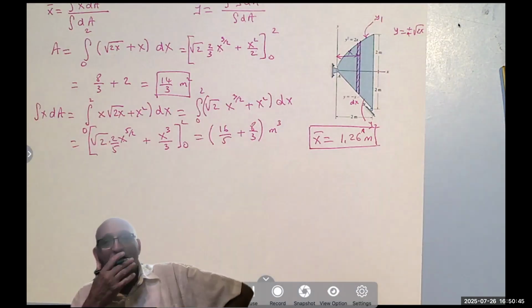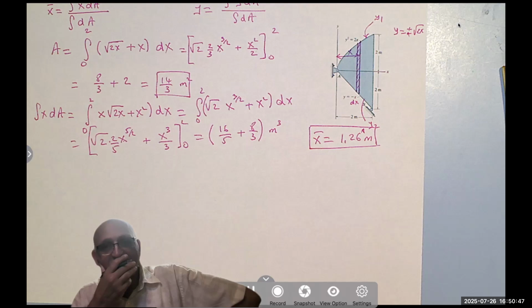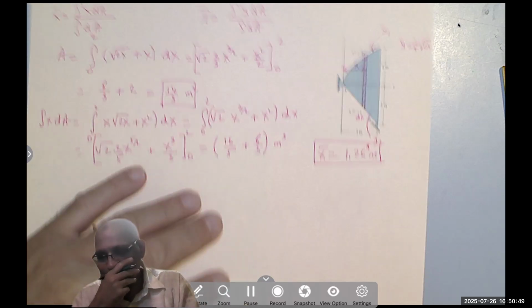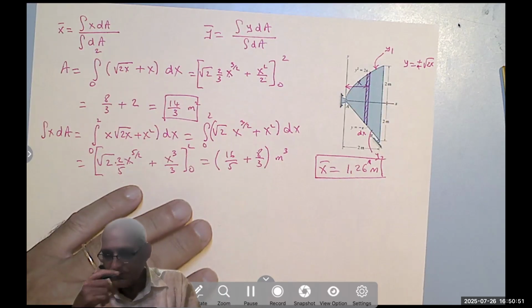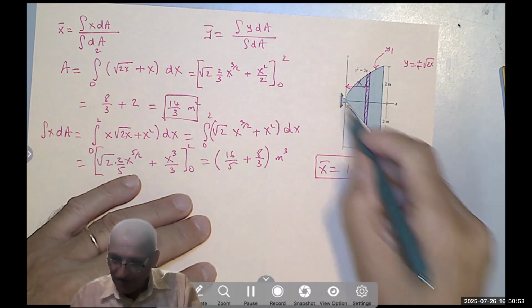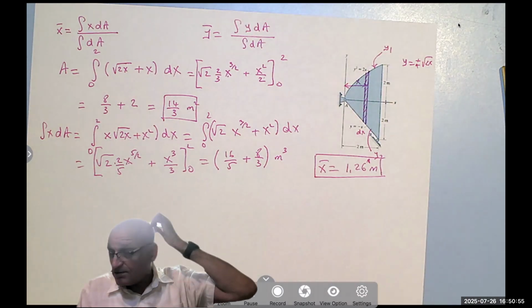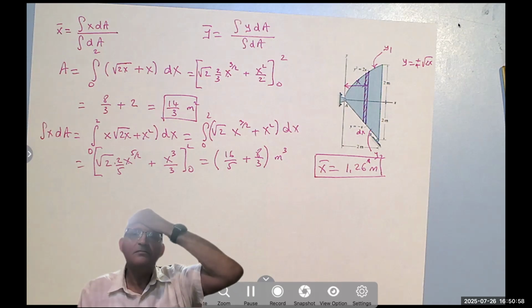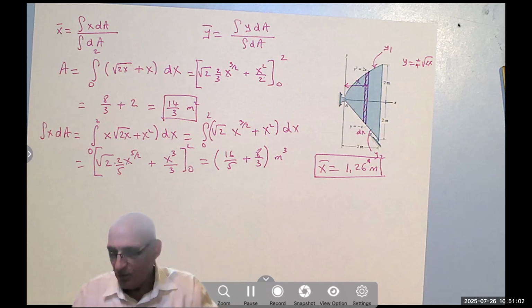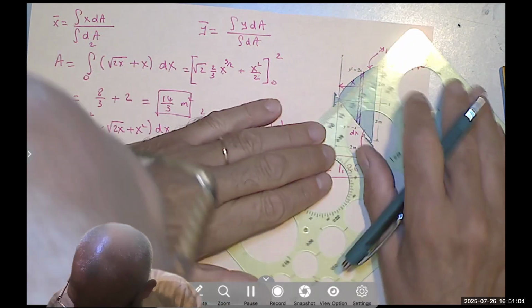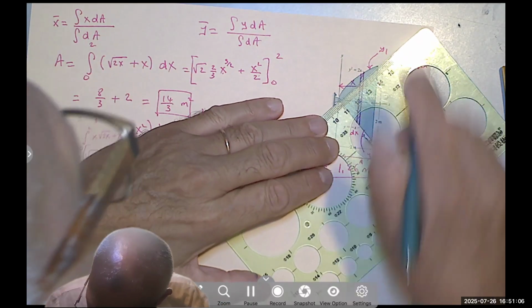How about y bar? Do you expect it to be positive or negative? Think about it. This is 2, this is 2. That's a triangle, that's a second-degree parabola. If you said positive, you would be correct. Why? Because if I join these 2 points,